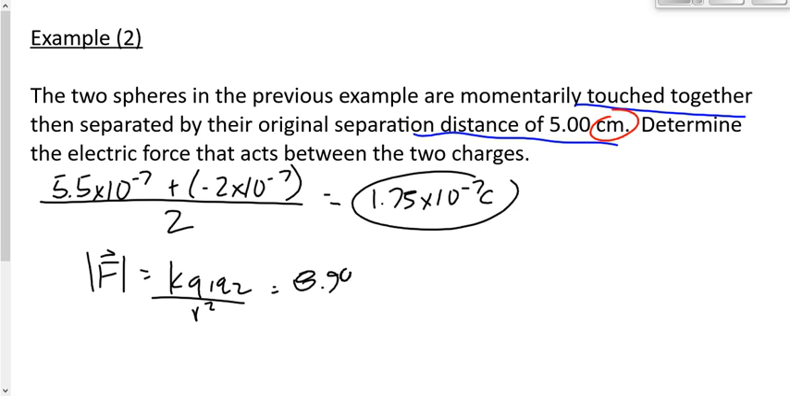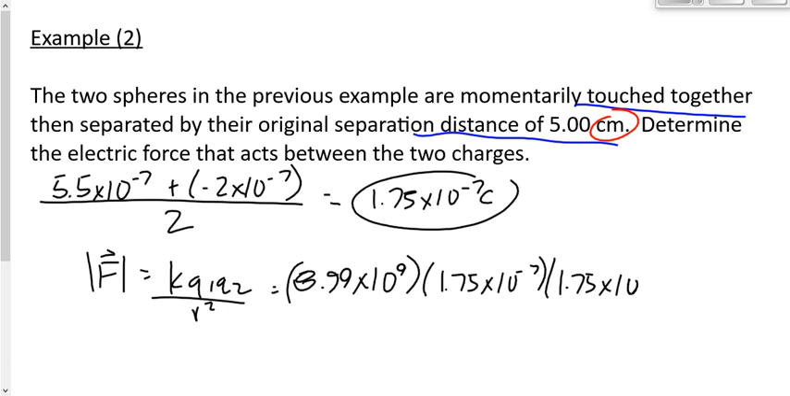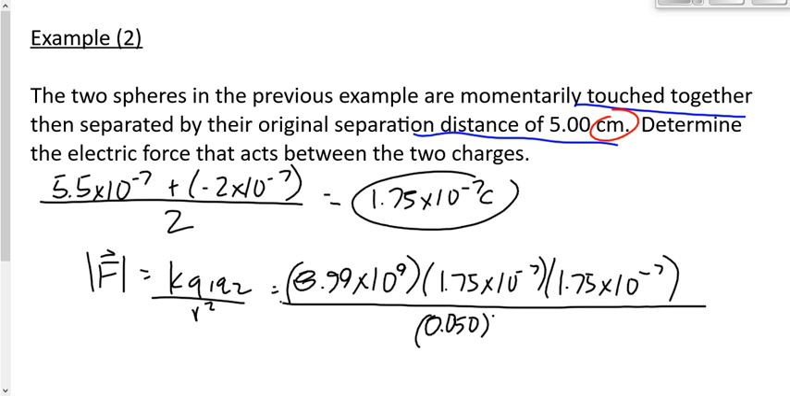So I get 8.99 times 10 to the 9 times my new charge. By the way, this morning when I wrote this down, I said 8.99 times 10 to the 9 times 1.75 times 10 to the negative 7 squared. Would that work? That's the same thing, right? Divide up by r. Make sure you put it in meters. We do that, we calculate that force, and we end up getting